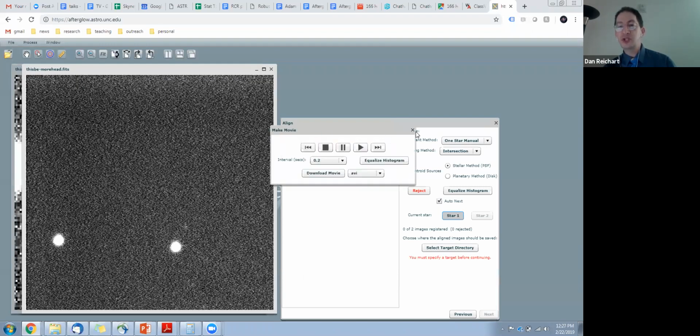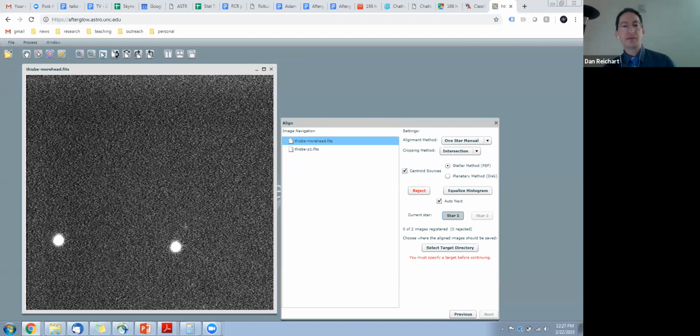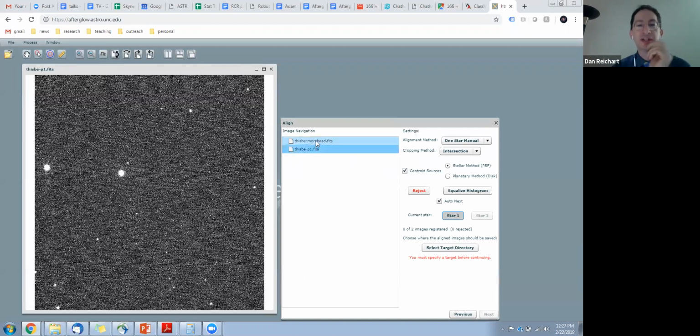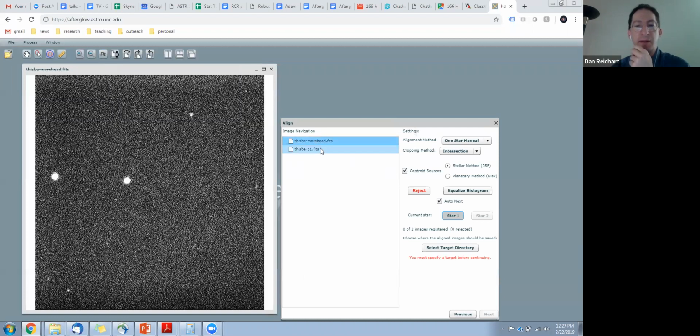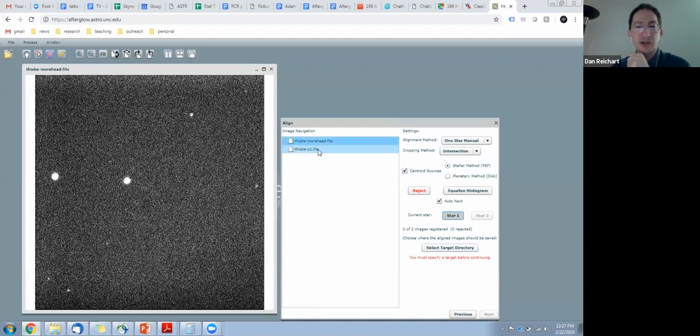Now this is a little different. These are taken from 2 different telescopes. Let me get rid of the movie in the background. Don't need that anymore. Let me fit them here. So here's the Moorhead image. Doesn't go very deep, not as many stars as we saw in the Chilean image. There's the Chilean one, more stars, Moorhead. And I like to hop back and forth between them a little bit, kind of connect the stars between the